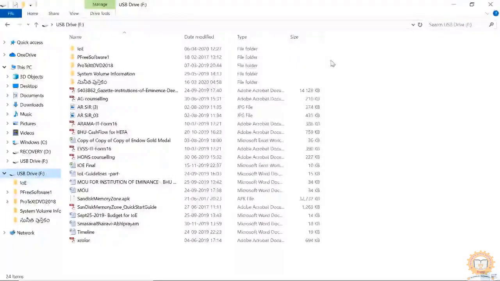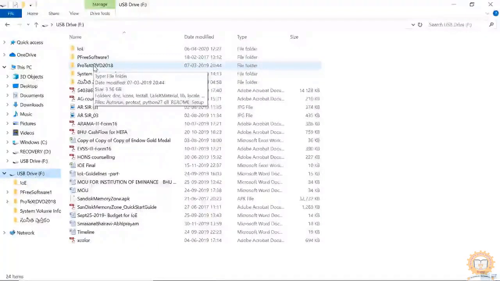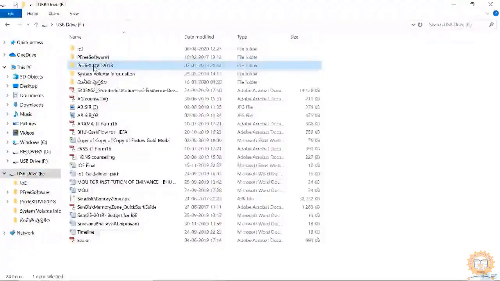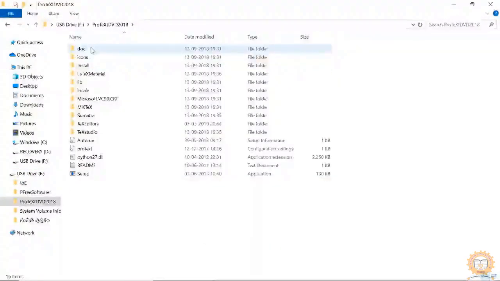As I regularly conduct lectures, I distribute the ProTeXt system, so I have already downloaded it and kept it in a separate folder called ProTeXt DVD 2008. In this, these are the various folders available: doc, icons, install, lib, locale, Microsoft, and all these things.